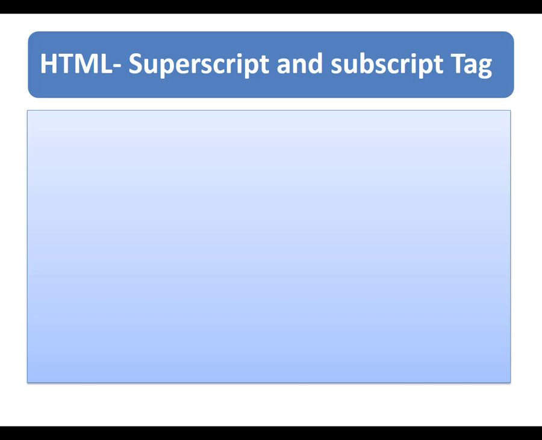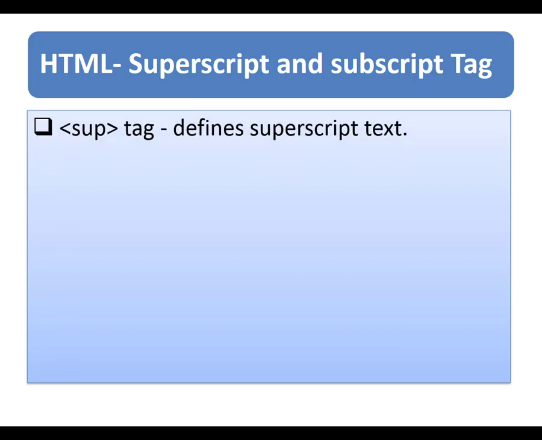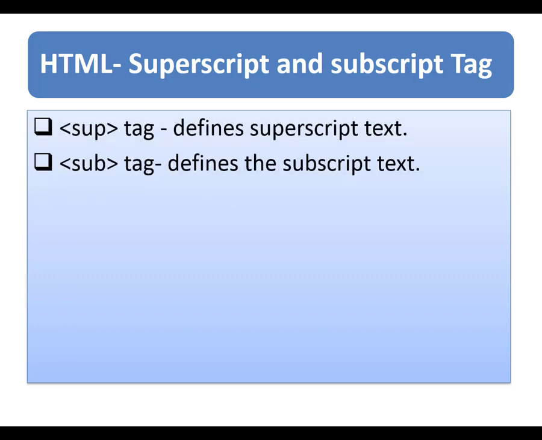The next tags are superscript and subscript. For that we use the SUP and SUB tags. The SUP tag defines the superscript text. Superscript text appears half a character above the normal line and is sometimes rendered in a smaller font. It is used to contain characters that should be superscript, such as suffixes of dates or mathematical concepts like raising a number to a power, such as 2 raised to 2.